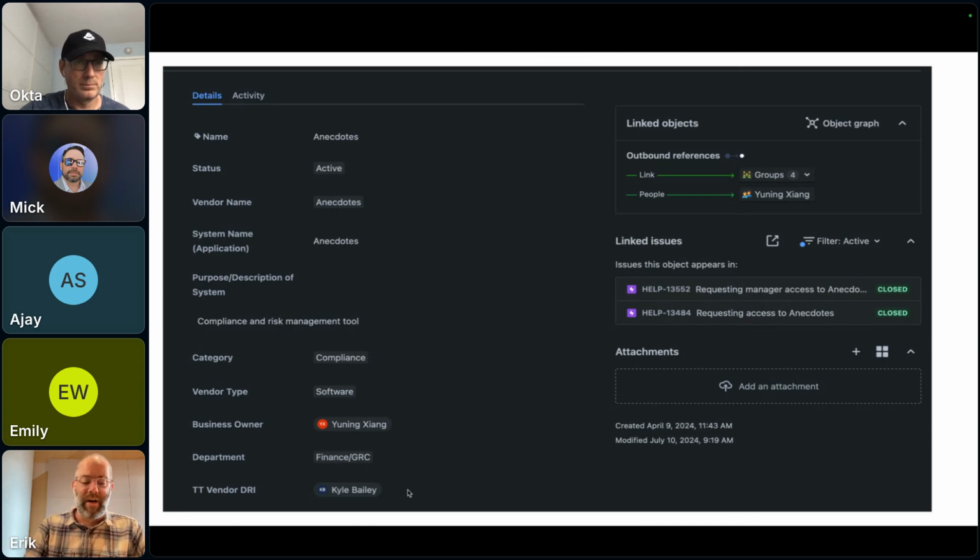And as I mentioned, if a DRI/approver leaves, we get a ticket. We know, and we're able to immediately update that because we have a workflow that says, hey, this DRI is empty. Find out who is the new one, because otherwise requests will stall because we just don't know that there's no approvers.